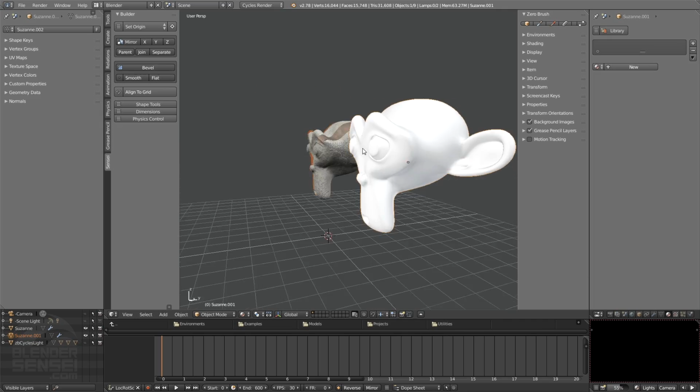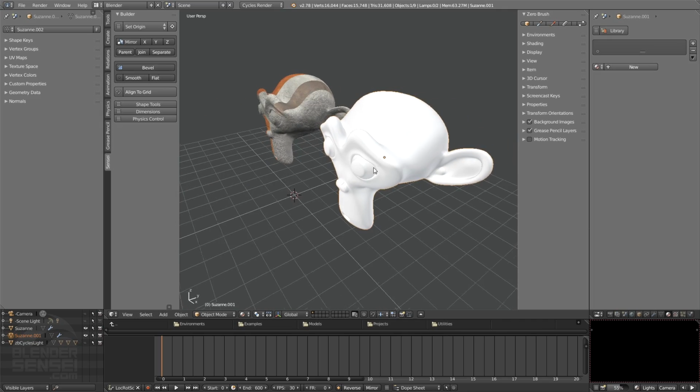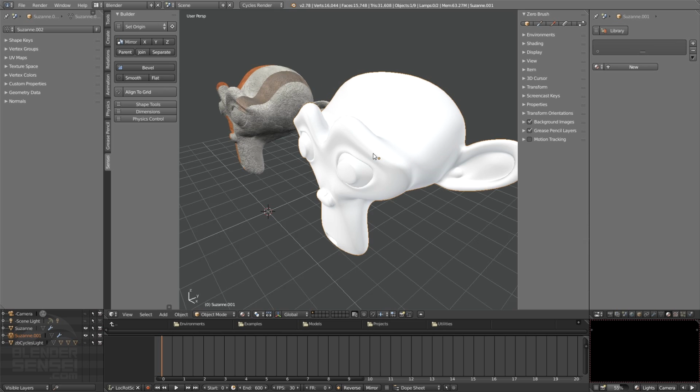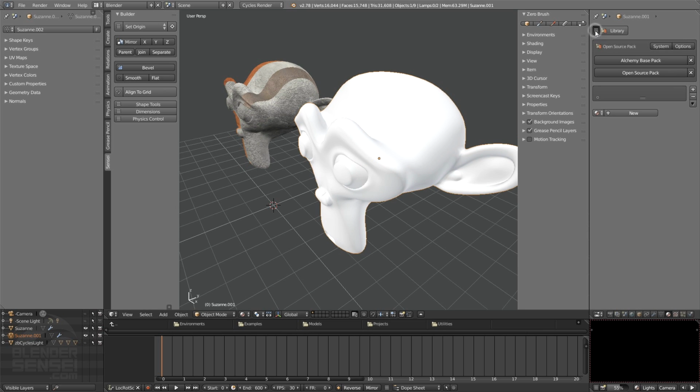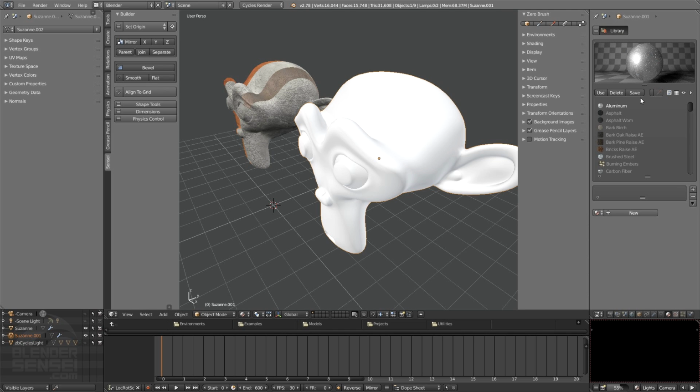Okay. So let's do the same thing, but add some Cycles materials to this. And this time I will be using the default Alchemy base pack, which comes with the Alchemy material library. So I'm going to click on the Alchemy base pack there and open up my library here. The Alchemy material library allows you to paint directly with complex materials. So this is different from texture painting. When you're doing this, you're actually painting with the material itself, not just adding a texture layer or texture node